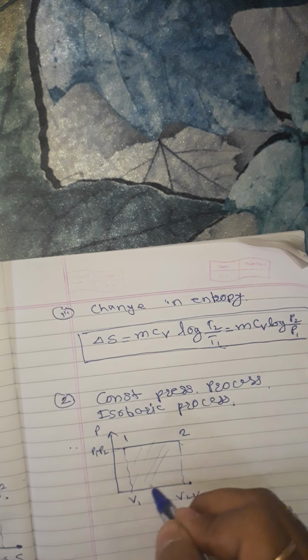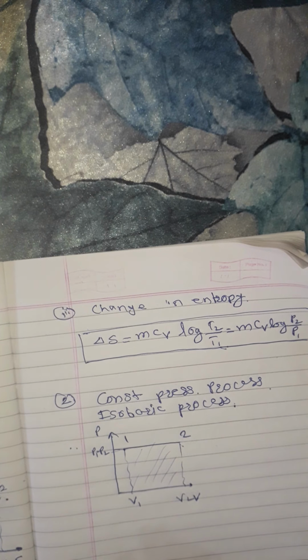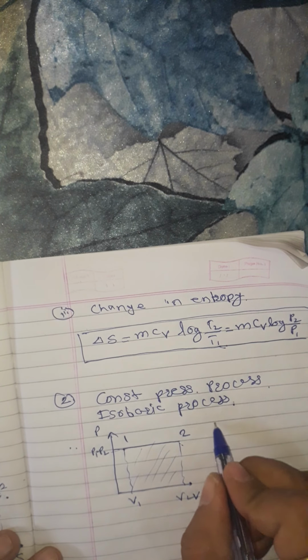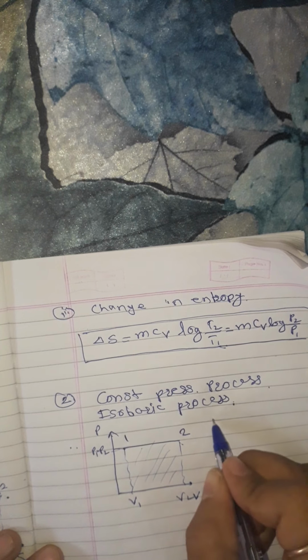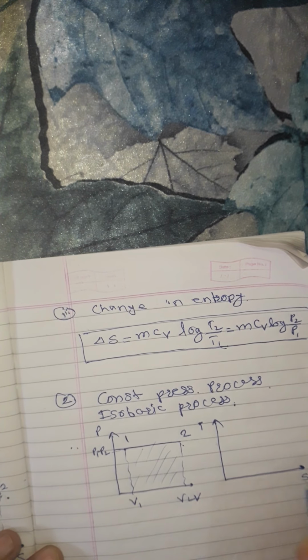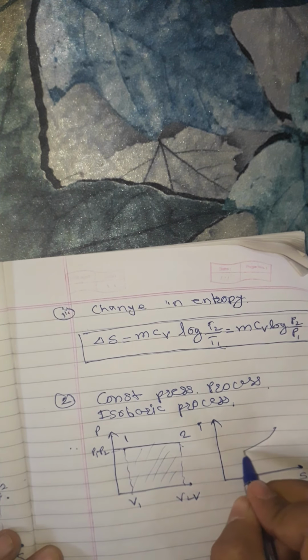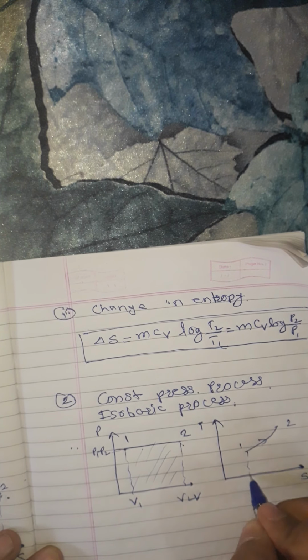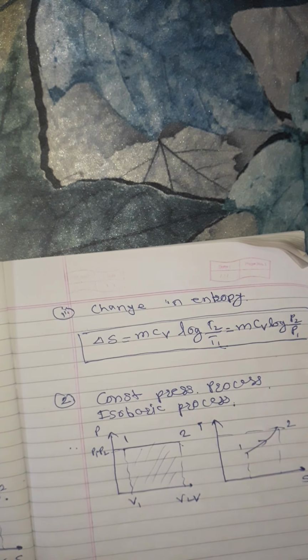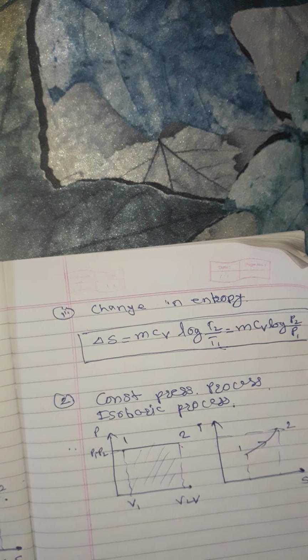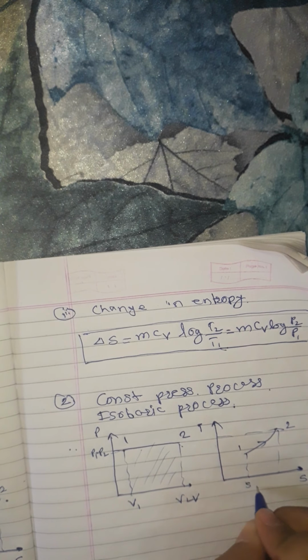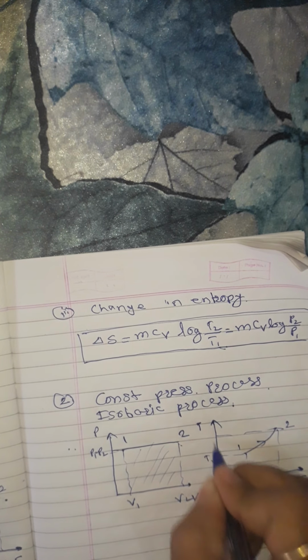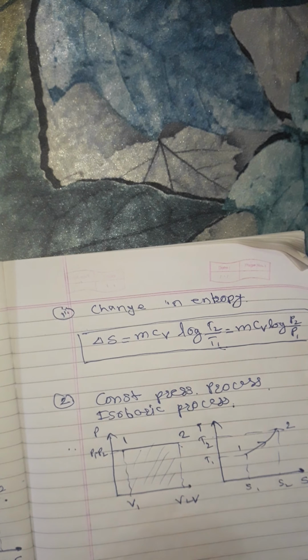Here this is the work done, because work is area under the PV curve. Okay, next, this is TS diagram. This is T and S, temperature, entropy. It looks like this. This is 1, 2. This is a 2 mark question. Any of these processes will be asked as a 2 mark question, like represent the constant volume process on PVTS plane, right? Okay, this is S1, S2, this is T1 and this is T2, right?